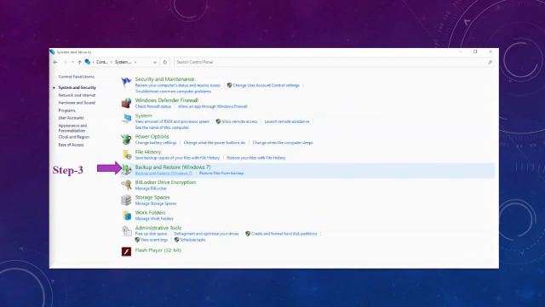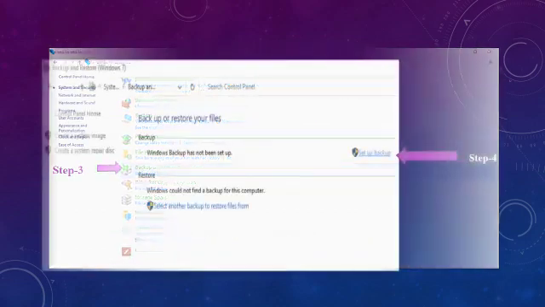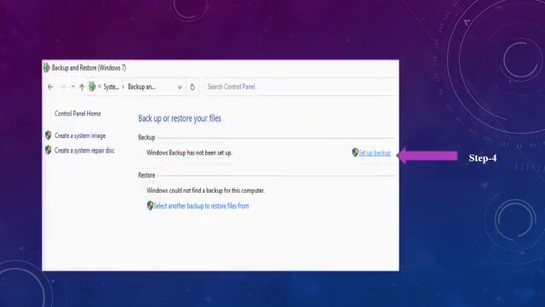Step 3. Click on the Backup and Restore. As soon as you click Backup and Restore option, the following window will appear on the screen. Now, step 4, click on the Set up backup.